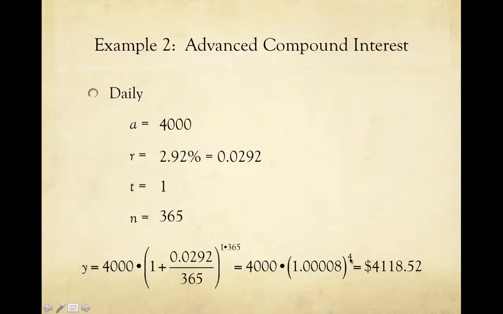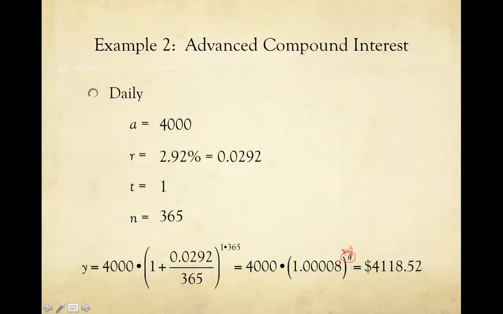So as you can see, in just 1 year, oops, sorry guys, I don't know if you noticed this or not, but this right here, that should be a 365. Okay, so let me just recalculate that quick, make sure our answer is right. All right, so we're taking 4,000 times 1.00008 and raising that to the 365 power. Yep, so it's still correct,